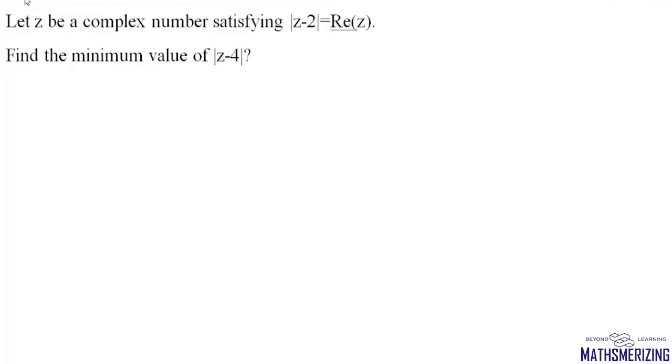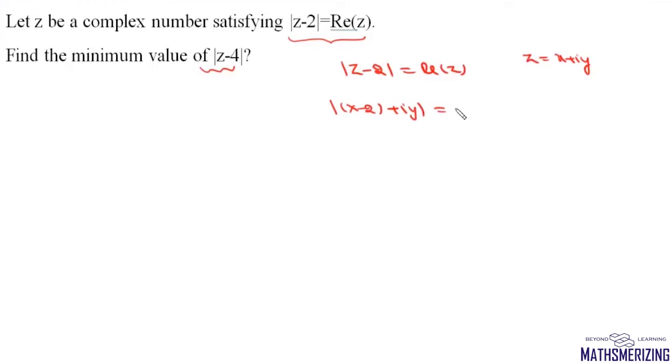Now here the question is, let z be a complex number satisfying this equation, which is mod of z minus 2 is equal to real part of z. Then we need to find minimum value of mod z minus 4. Now we are given that mod of z minus 2 is equal to real part of z. So we'll take z as x plus iota y. Now we can write this as mod of x minus 2 plus iota y, and real part of z is simply x. So it will be under root of